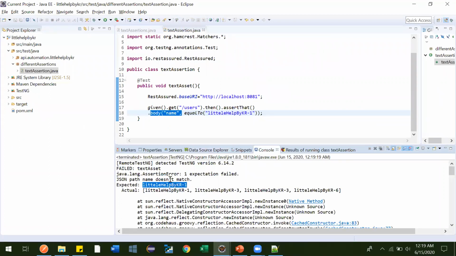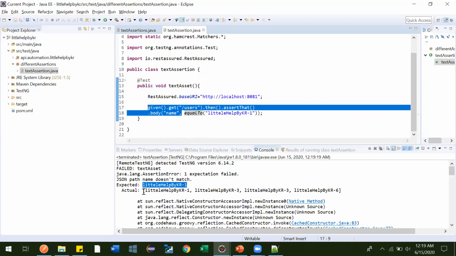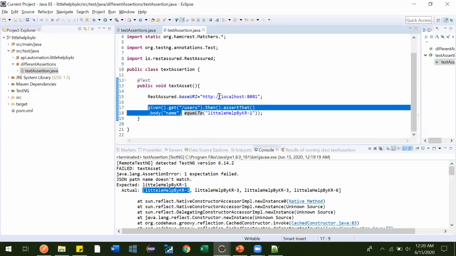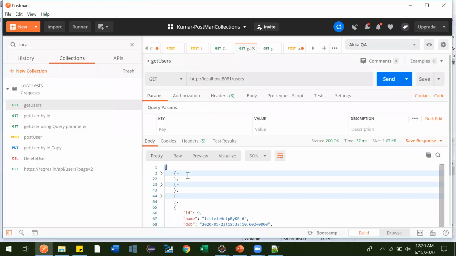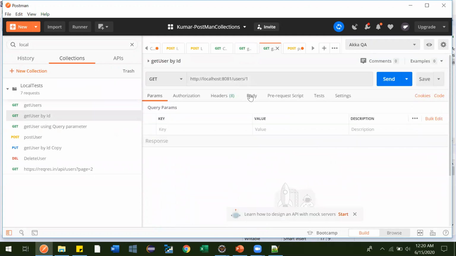So it will never work on a JSON array. This is what we should remember. Now to make it work, we should hit any API, or somehow get this response, fetch the first object and then do assertions. Those things I'll tell you later, but here our intention is to learn equal to. Here I want the response in the form of a JSON object, not a JSON array. Here we are getting a JSON array, right? So let me see if we have anything which is returning a JSON object.